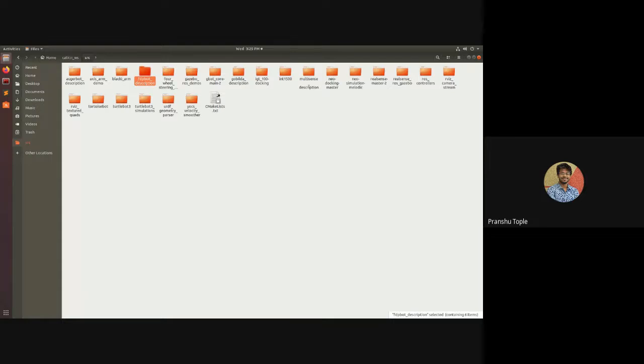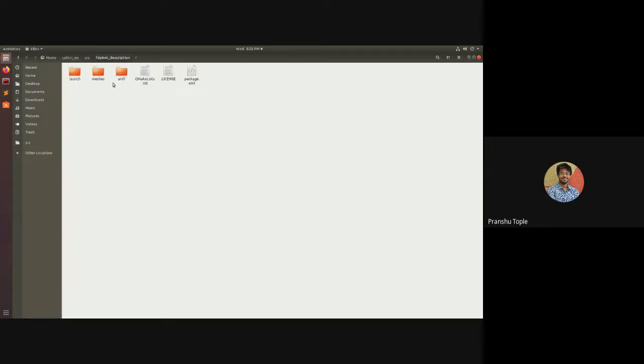If you are using a pen drive, just copy paste it. It's your wish how you want to transfer. In a virtual machine, we can directly drag and drop. So that is all what I did. It just copy pasted into the virtual machine. If I open it, this has the URDF, meshes, everything. So now as FDP bot description is our ROS package, let's test it out.